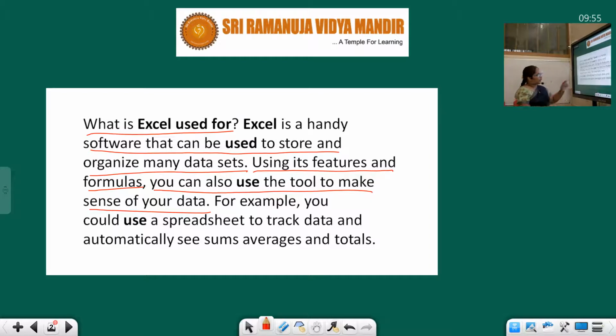So what does it mean? You can also use the tool. What is the tool we are using here to store the data? We have a complete software panel, or a complete monitor with the software. So we can give the information to the computer system, and we can store the data in a particular organized manner, if we know the correct uses of the tool, as displayed on your monitor.